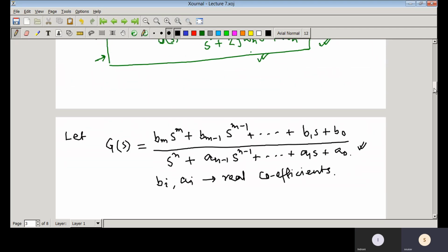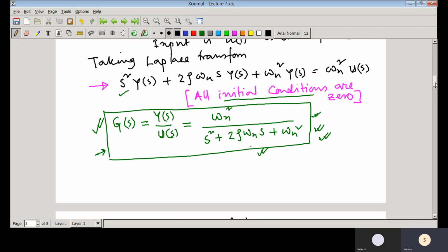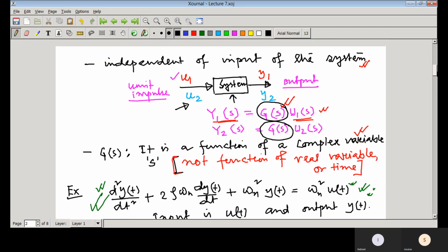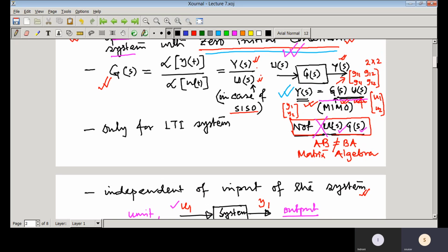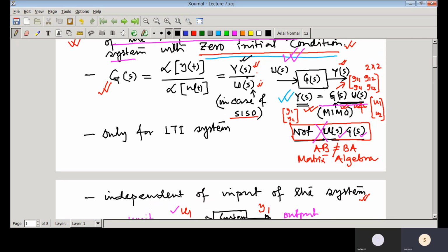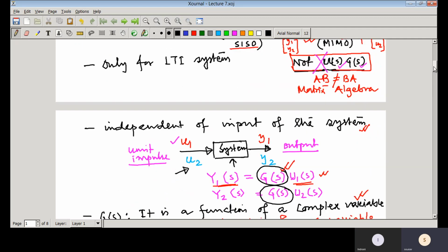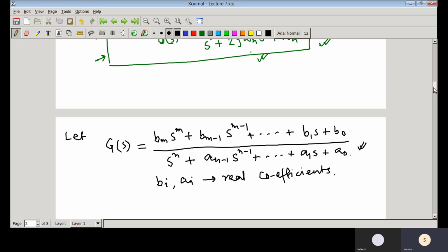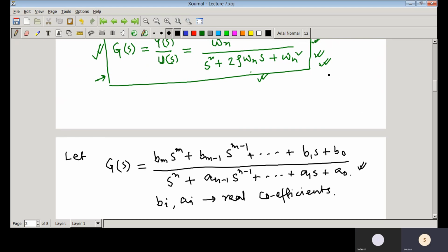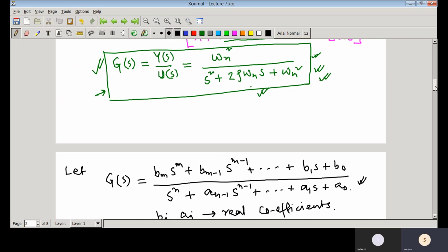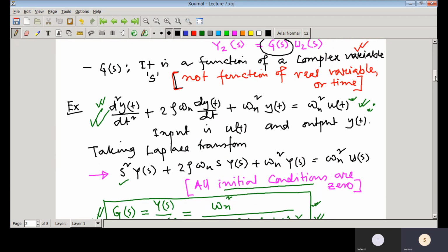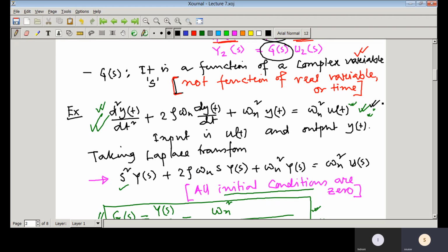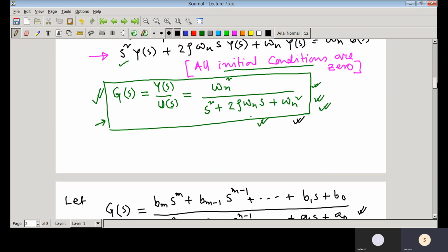just now what you have seen, the transfer function is actually the ratio of the Laplace transform of the output variable and the Laplace transform of the input variable. So this thing can be represented in general form like this, and here we have seen that this is the transfer function model of this particular dynamical system, and